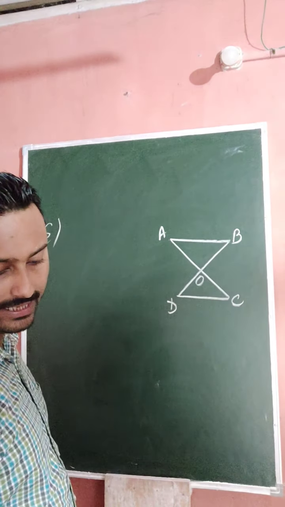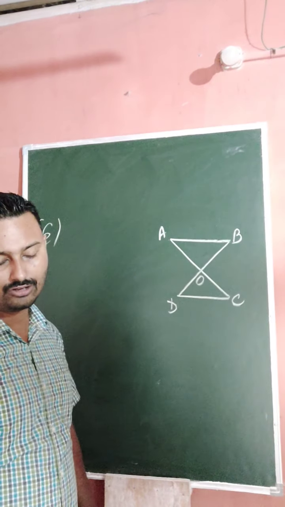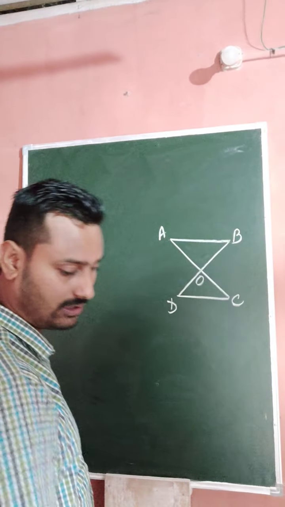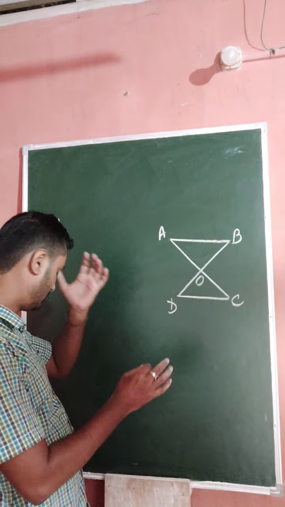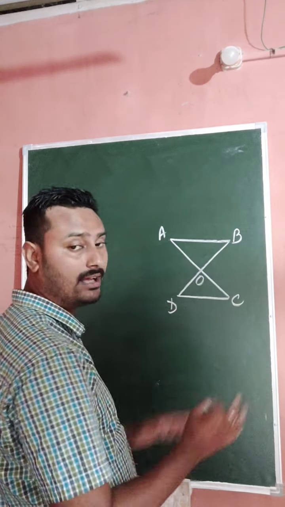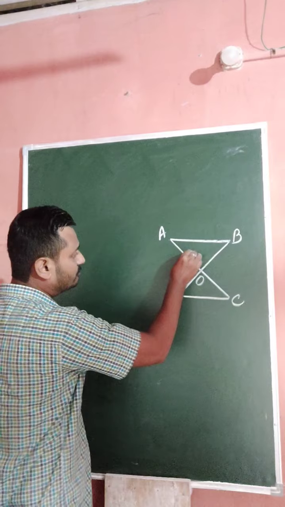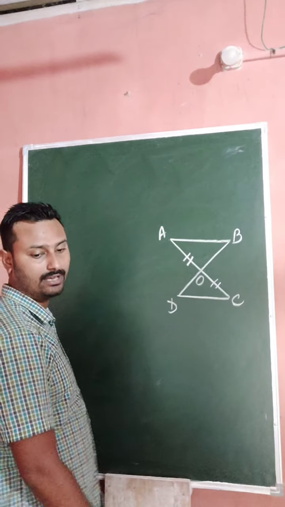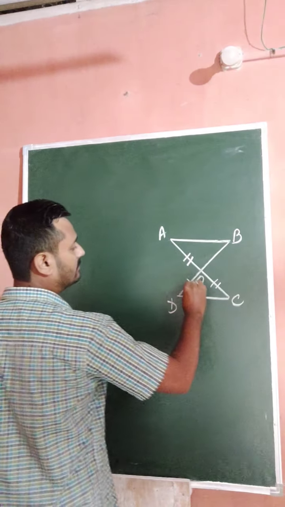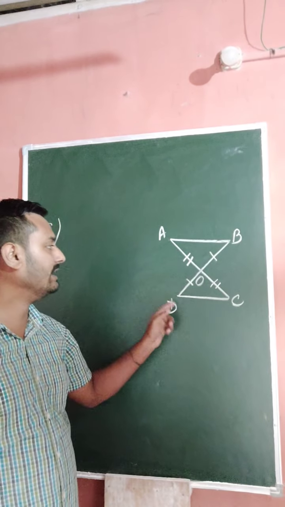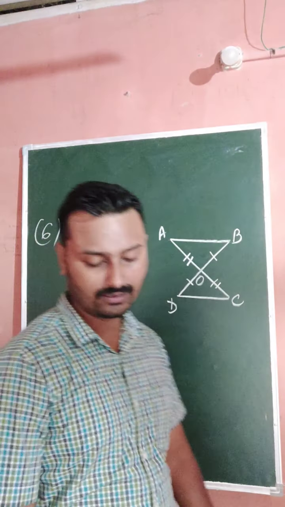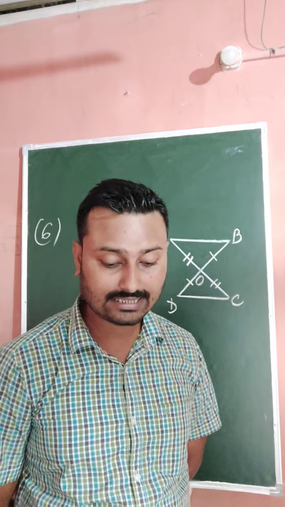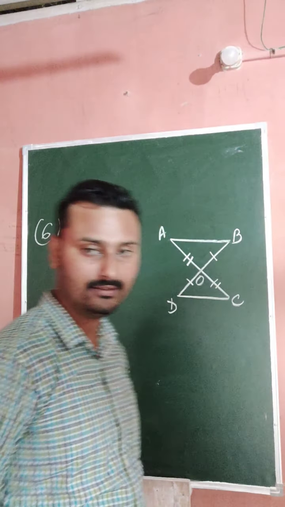It is actually not given in words. In the figure, some symbols are given, and those symbols indicate which parts are equal to each other. So these two symbols here mean sides AO and CO are equal. Another one, this one and this one, means sides BO and DO are equal. So the first question says AC and BD intersect at the point O. Question A, state the three pairs of equal parts, like the previous question.